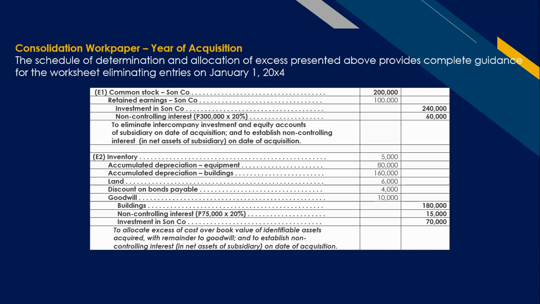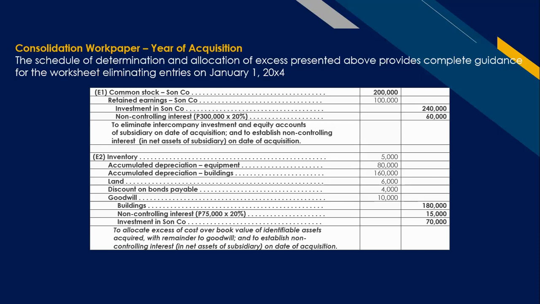Then we now record the undervaluation and overvaluation, debit to inventory. We are debiting because the fair value is 5,000 higher than the book value. Debit to accumulated depreciation. We are debiting because the equipment's fair value is 80,000 higher than the book value. So we debit accumulated depreciation to reduce the balance of the account so that the fair value will be equal to the amount given. The same with buildings. We debit to land for the undervaluation, debit to discount on bonds payable, the difference between the fair value and the book value of the bonds,